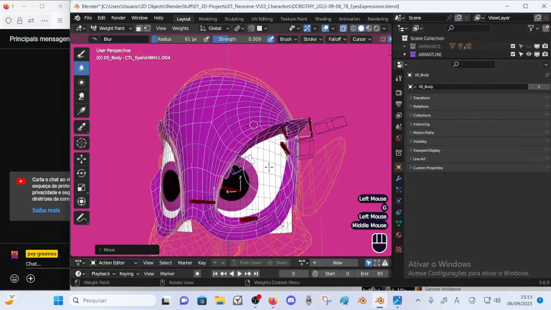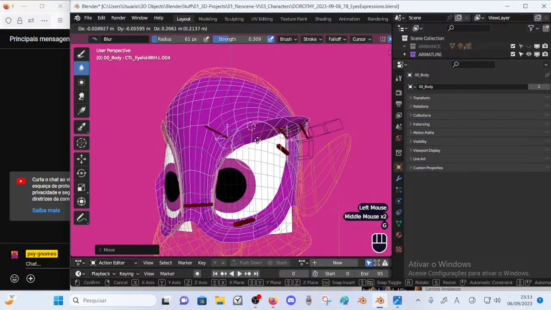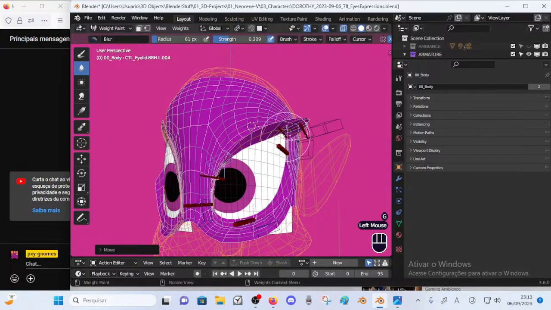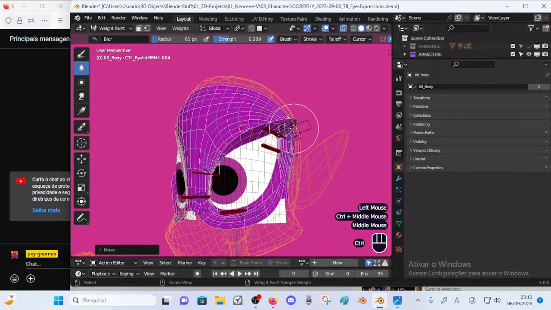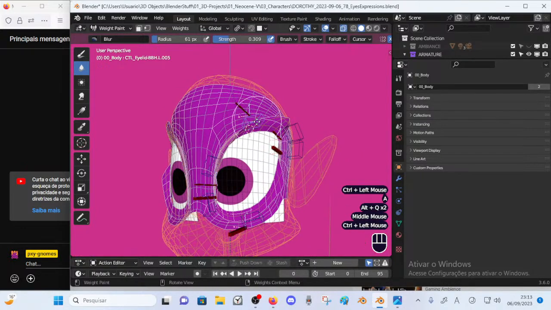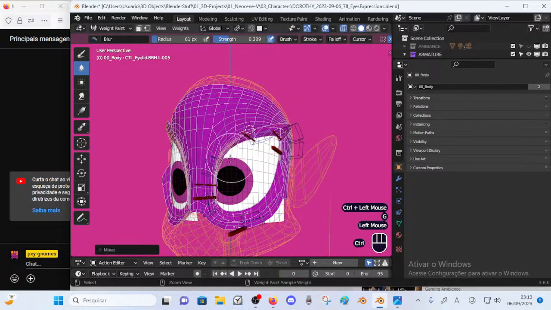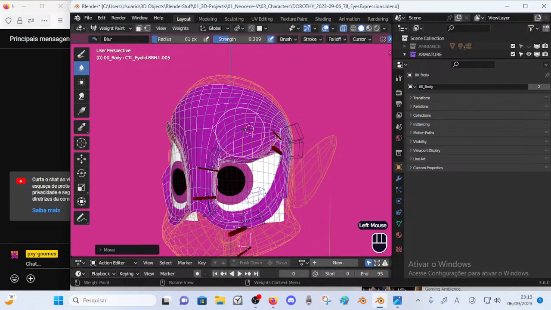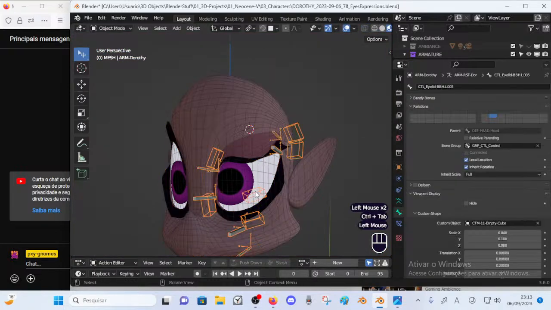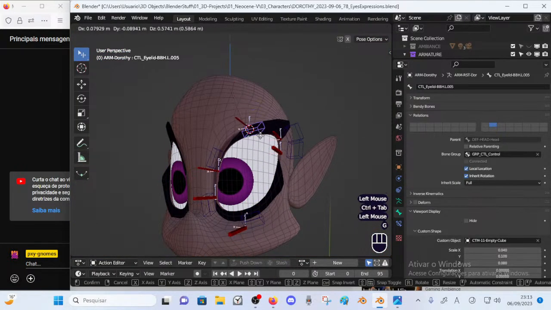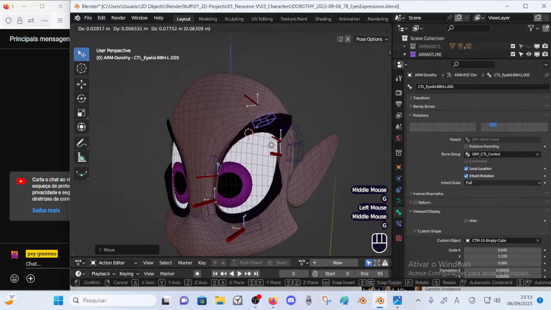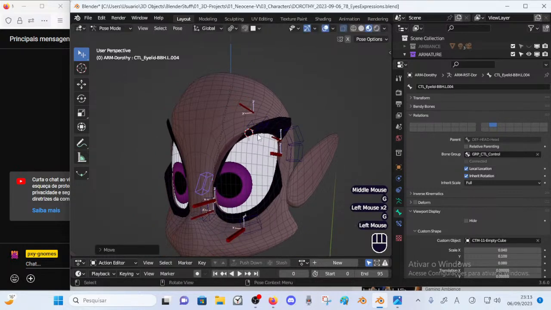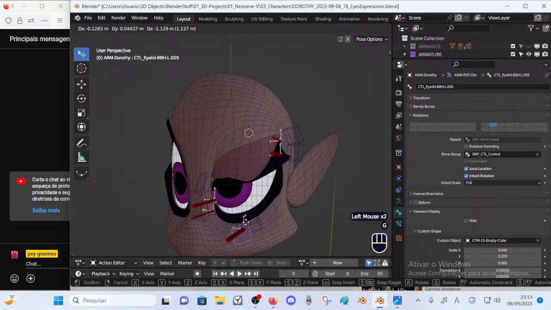Okay, so here maybe we can solve this. You see, many of the problems I was having with the eyelash were related to the weight painting, which was a bit inadequate. Now we can have something much better. It's still not good. There are things that I can still improve a lot, but yeah, look at that.